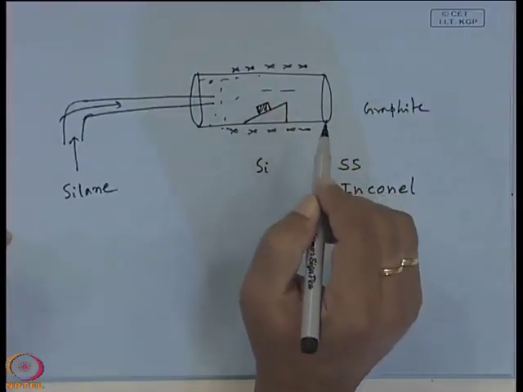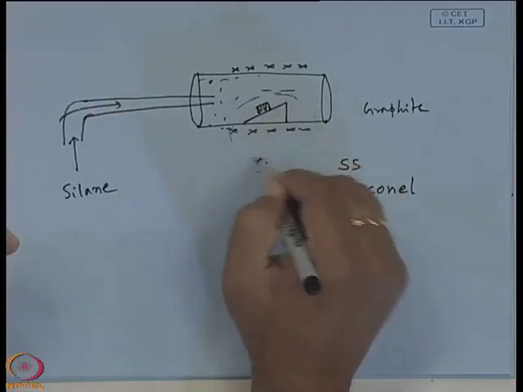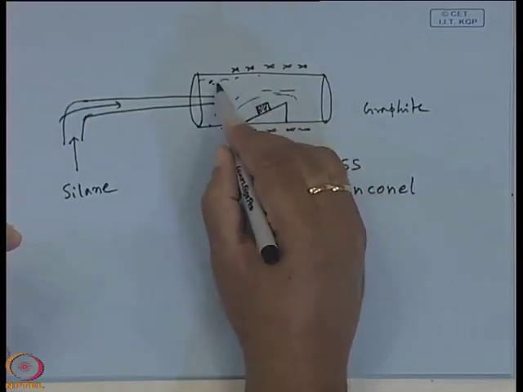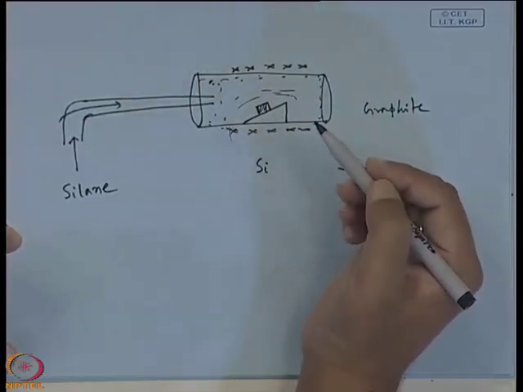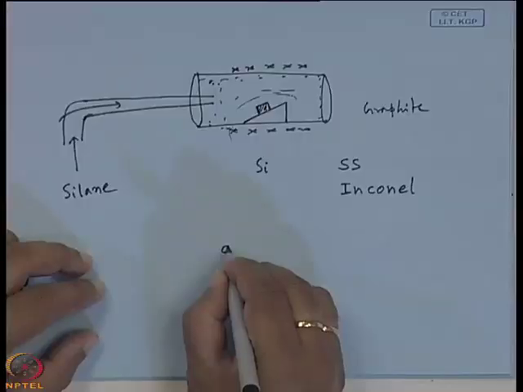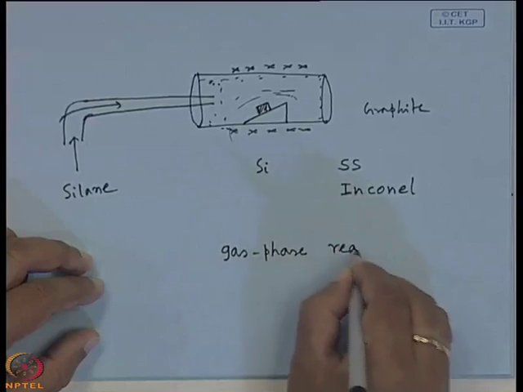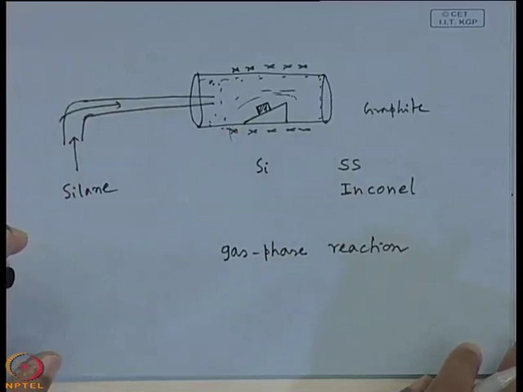Okay. So, that is the reason that you have to control the temperature in such a manner, so that the maximum heating takes place on the substrate region. You cannot avoid it, but in those parts of the reaction tube, the heat can be kept at a minimum level, so that no reaction takes place. That is known as the gas phase reaction. When it enters the reaction chamber, we want to avoid the gas phase reaction.